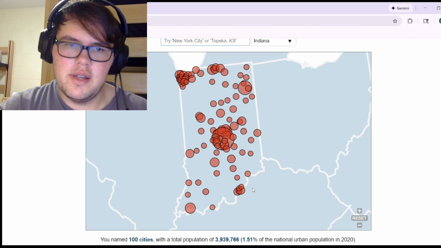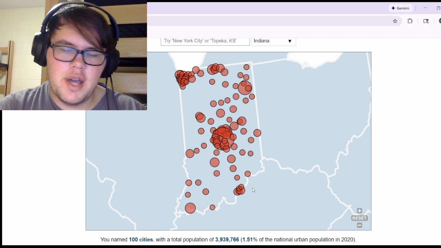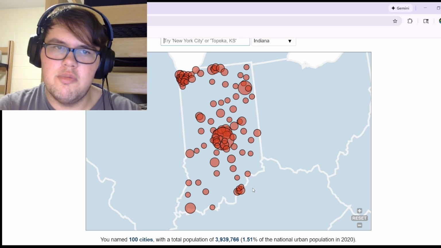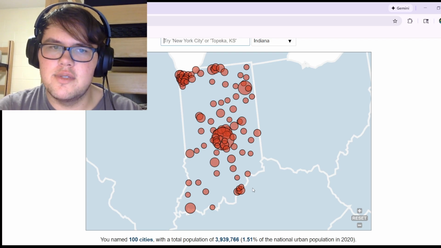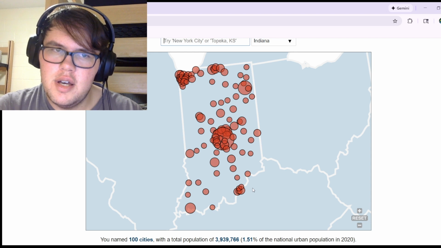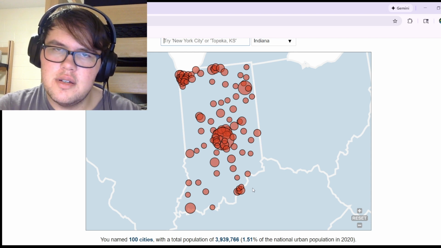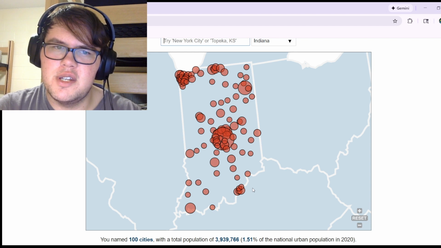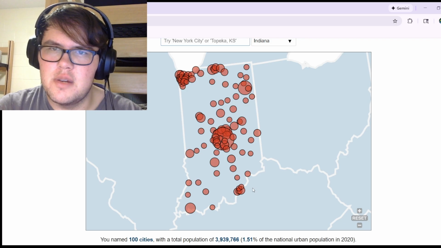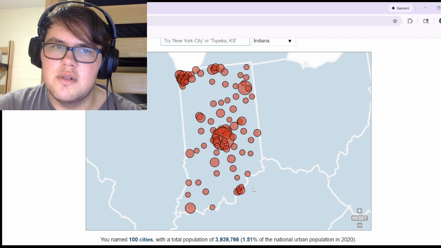We finally made it to the end of the challenge. I don't know why, again, that took way too long for no reason. I learned this so quickly. I've never really tried out using City Quiz before, and this actually turned out to be a pretty valuable tool. I'm not saying I didn't think it was going to be, but I ended up learning this a lot quicker than I thought I would.